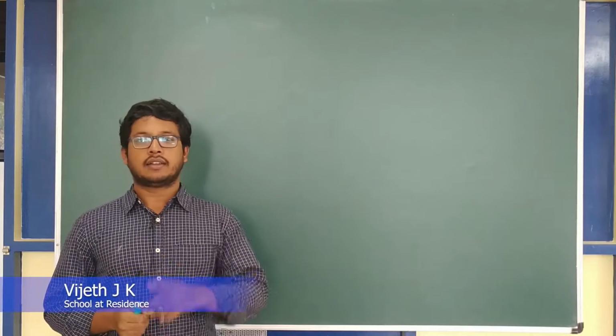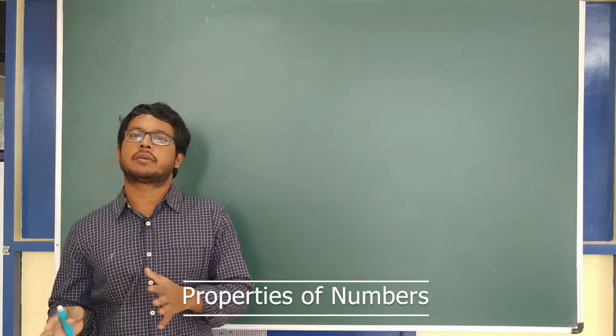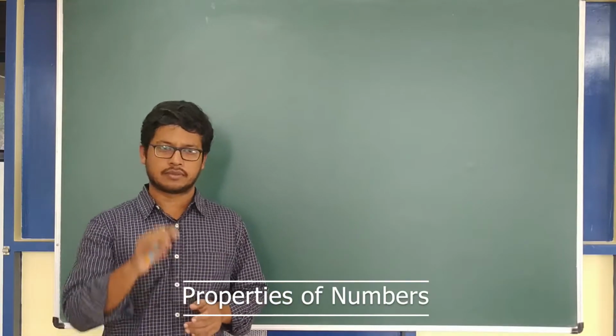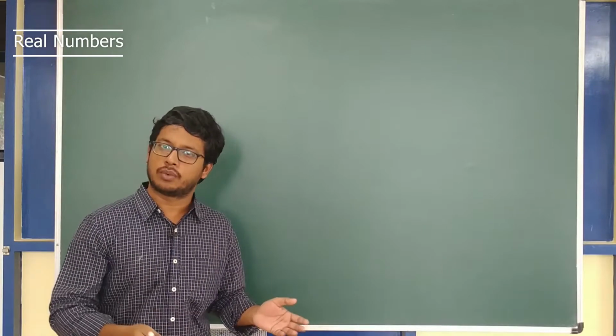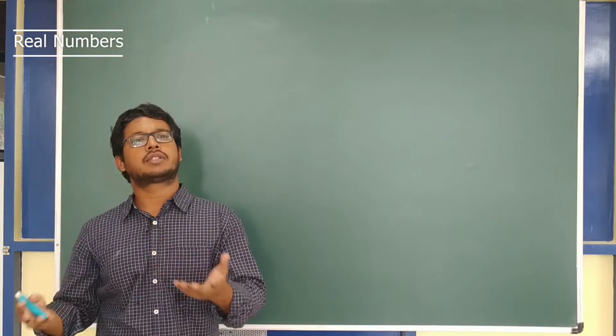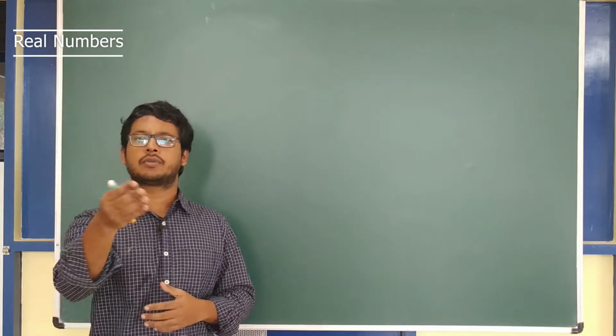As mentioned earlier, we will study another application of Euclid's division lemma: proving that a set of numbers is in a particular format. For example, let's say even numbers are in the form 2q, and odd numbers are of the form 2q plus 1. So these are the kinds of problems we will try to prove.